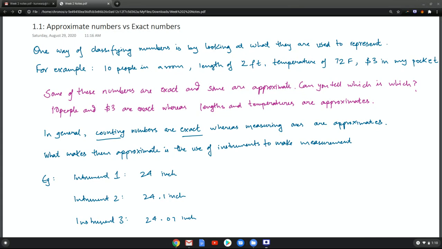In general, if you have counting numbers, those are going to be exact. Whereas if you are doing some sort of a measurement, no matter how good your instrument is, that measurement is always an approximate. Right? And it makes it approximate because, unlike counting, it's not a property that you are directly observing. You're using an instrument to make a measurement, and then you're arriving at that number,